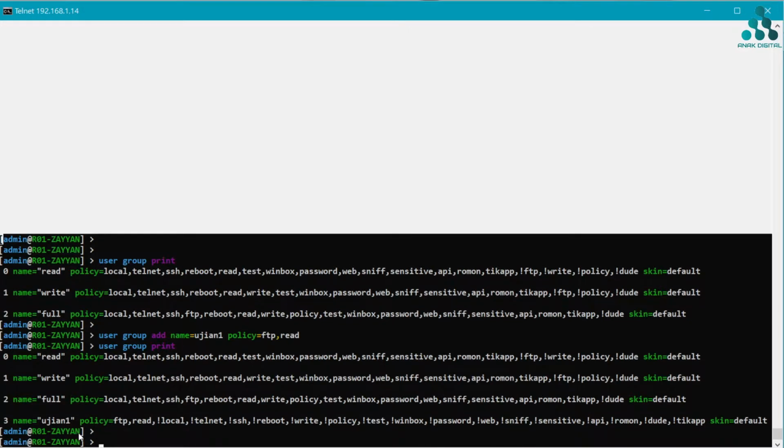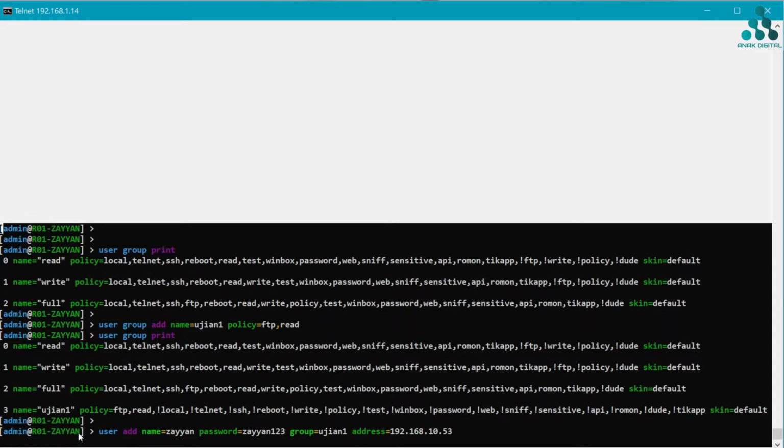And next is to make a new user with the command user add name Zayan, password Zayan 123, and the group is ujian 1 with address 192.168.10.53 like this.